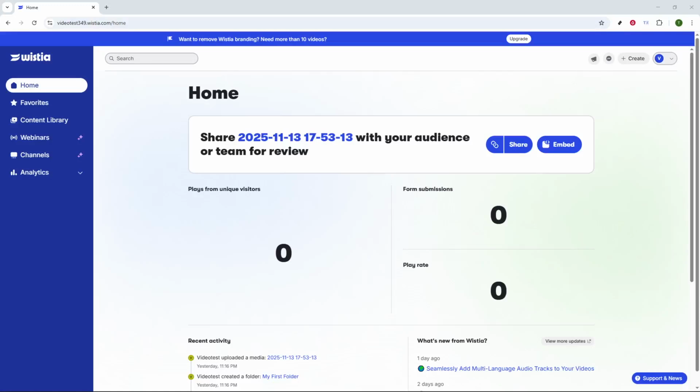In today's video, I'm going to teach you how to enable domain restrictions in your Wistia account. This is an important feature to help control where your videos can be embedded, ensuring that they are only viewable on the domains you specify. So, let's walk through the process step by step, starting from logging into your account all the way to testing